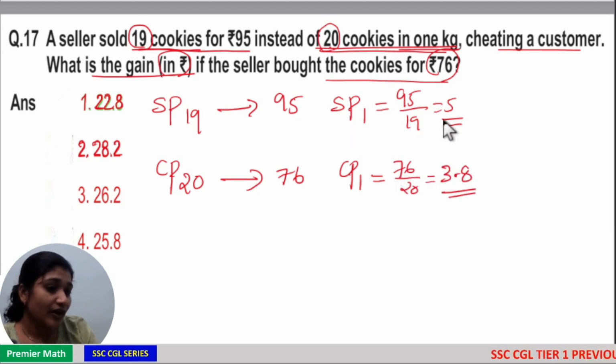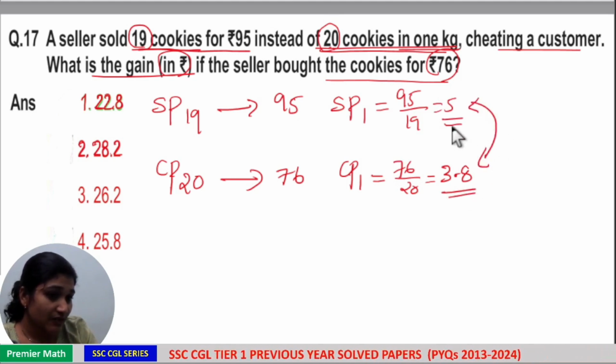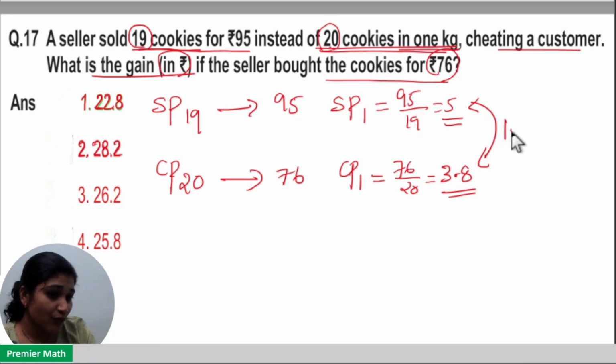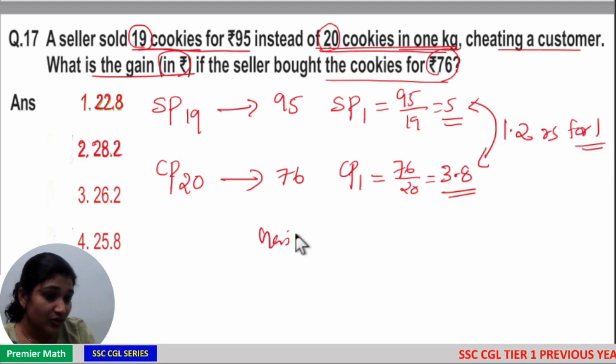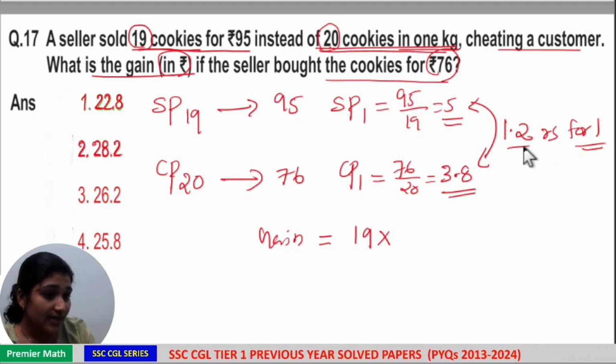he sold 1 cookie for 5 rupees and he bought 1 cookie for 3.8 rupees, which means the difference between sell price and cost price is equal to 1.2 rupees. 1.2 rupees for 1 cookie. Now his gain in rupees. Gain in rupees is equal to, he sold total 19 cookies and for 1 cookie his gain is equal to